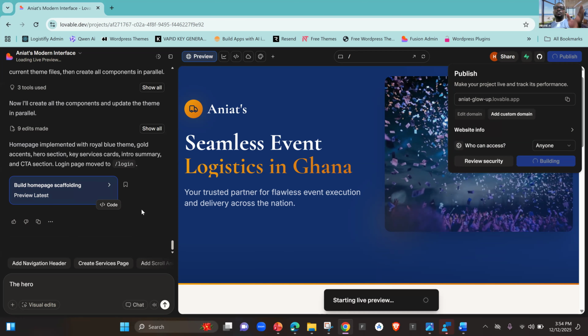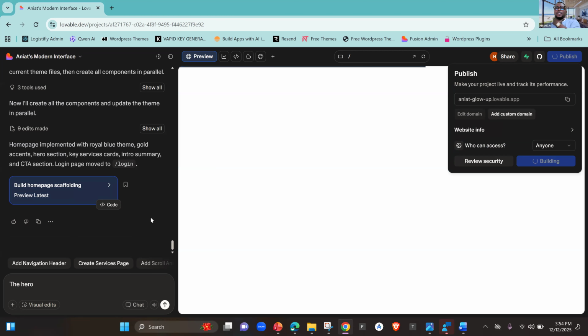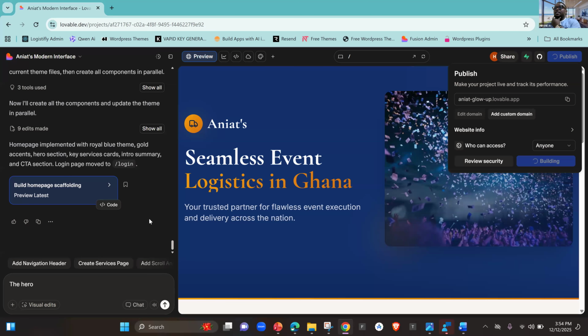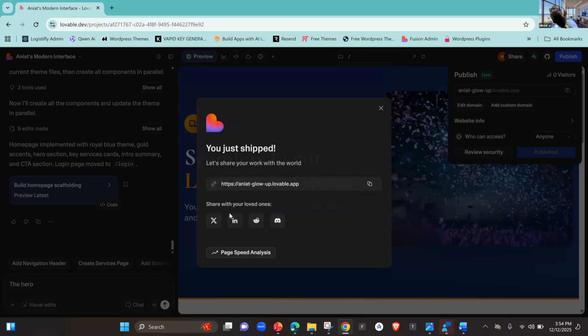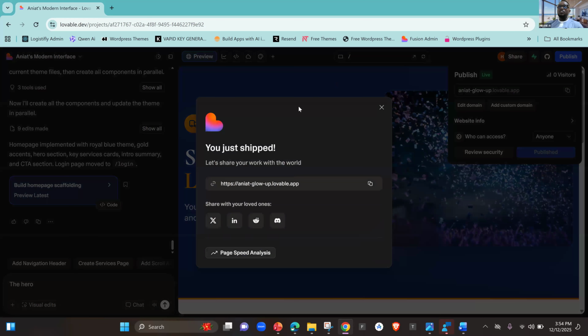When you create anything on Lovable or any of your AI creating apps, if you don't publish, your app is only going to be visible to you. It's not going to be visible to anybody. But now that